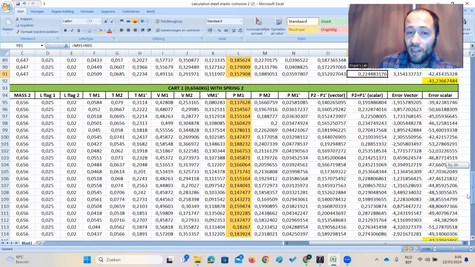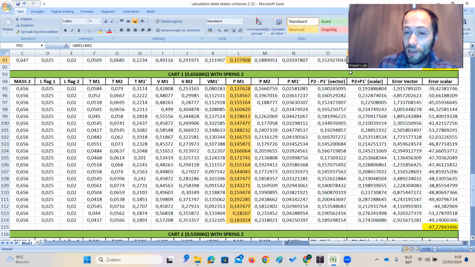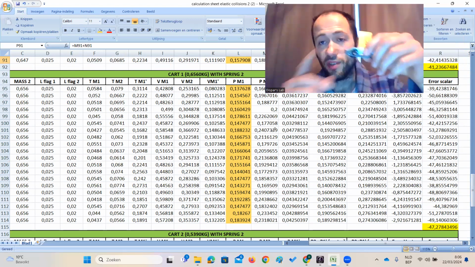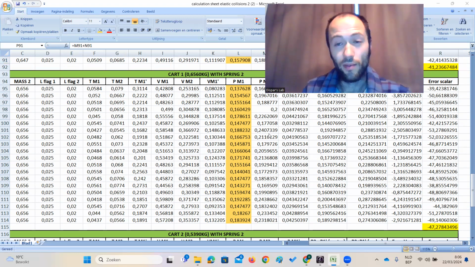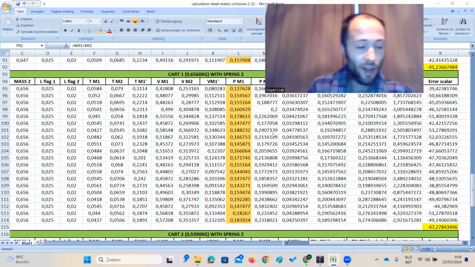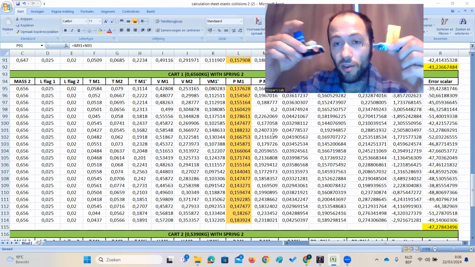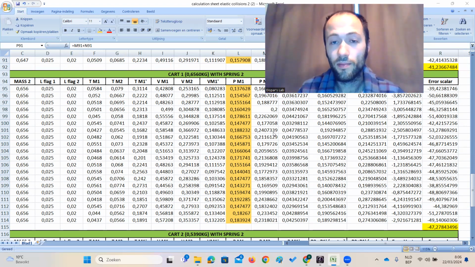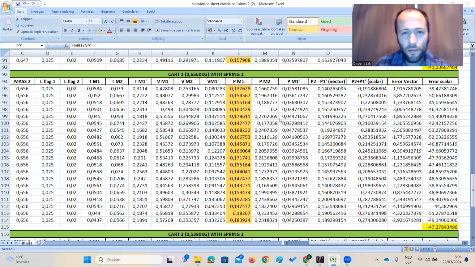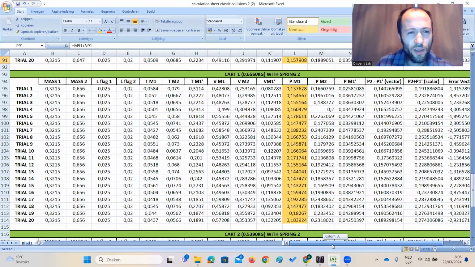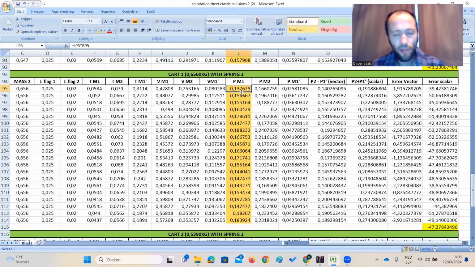Then in the next test, the next 20 trials, what I've done is I took off this spring and I put another spring on it. So I've used two different springs, and then I let it collide once again with the first card. Okay, so with a different spring now. So let's see, we have the initial momentum, and then when you treat it as a vector, so for conventional